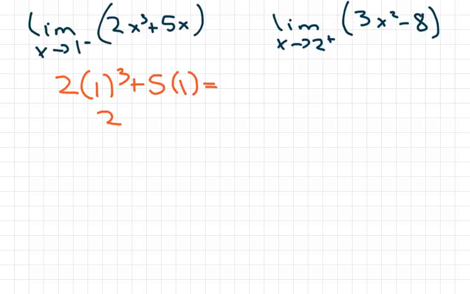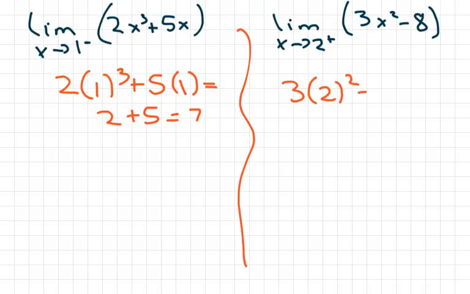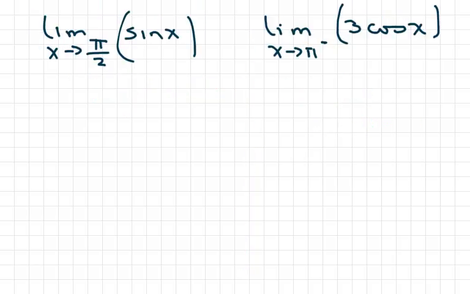That equals 2 plus 5, which equals 7. And this one is going to be 3 times 2 squared minus 8. And that's going to equal 12 minus 8, which equals 4. All right, then we have